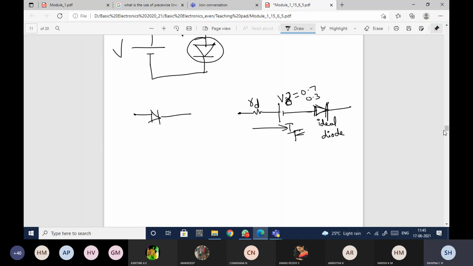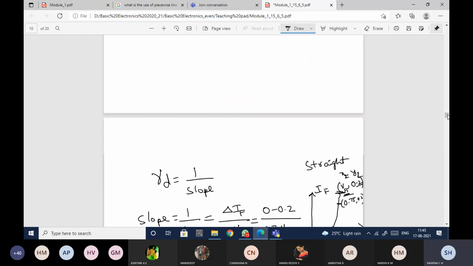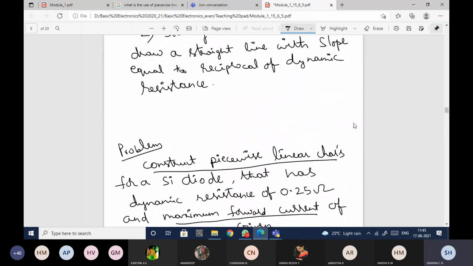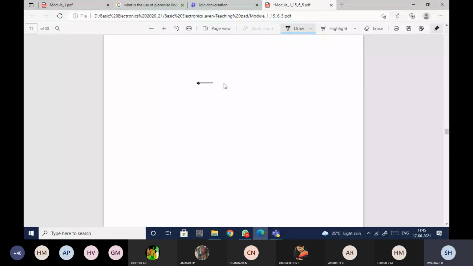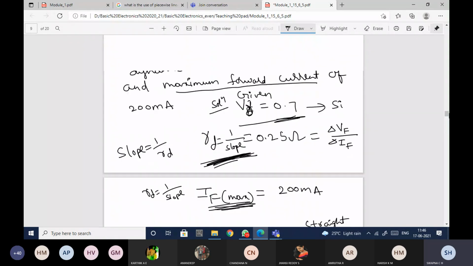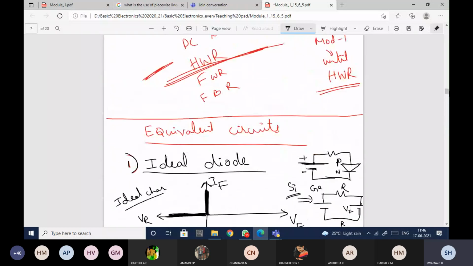Now come back to the diode. I hope you understood why the symbol is this way. In the introduction, I told you that this indicates the current direction. This is P and this is N. Only when it is forward biased is the current flowing. When it is reverse biased, only a very minimal current flows. That is the reason the symbol is this way. And one more thing, I want to come back to the ideal characteristics and mention here.